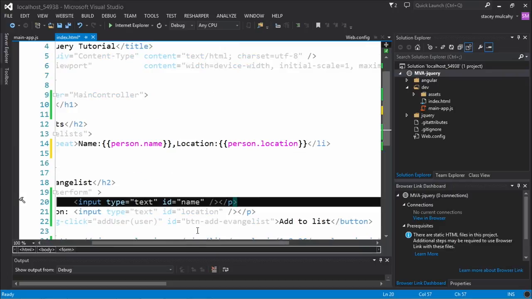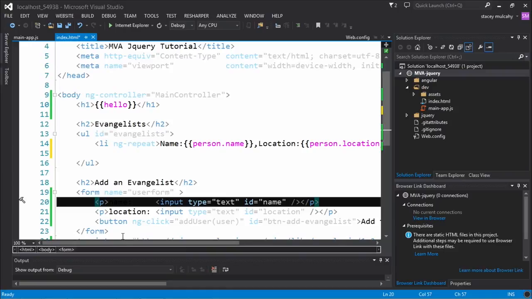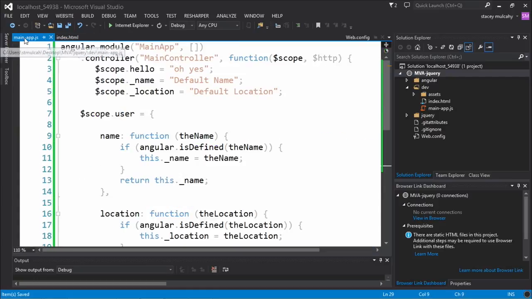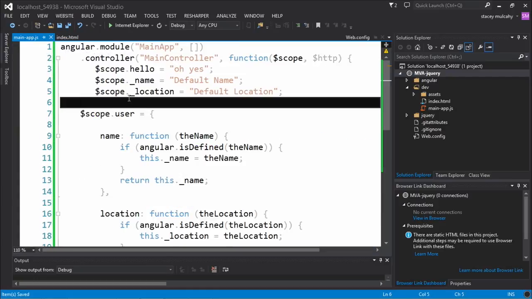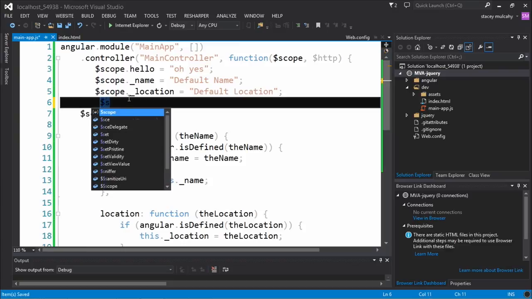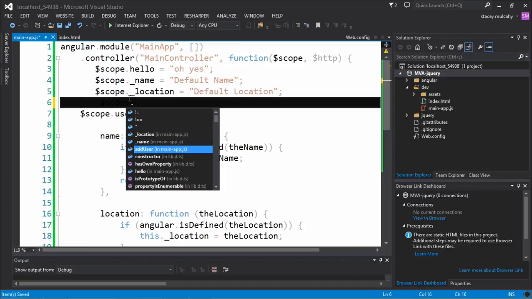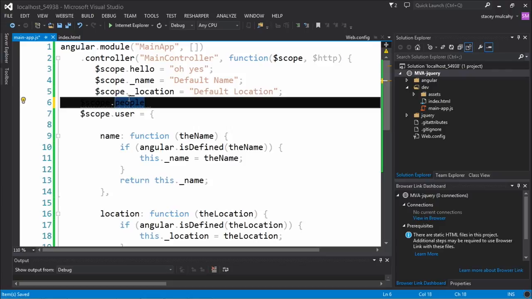Okay, so I'm just binding this. Well, where is person coming from? And what I'm going to do is I'm going to go back to my model. I'm not necessarily right now going to worry about our service. I'm going to create some fake data, right? So that I can test this out. So I'm going to say people is equal to an array of objects. Yep. And then these objects, I'm going to emulate what we're getting back from that service. Location. Sure. So name,